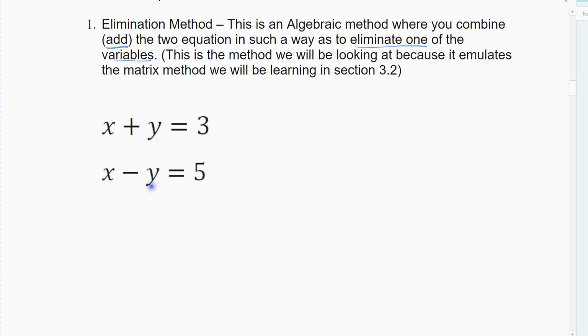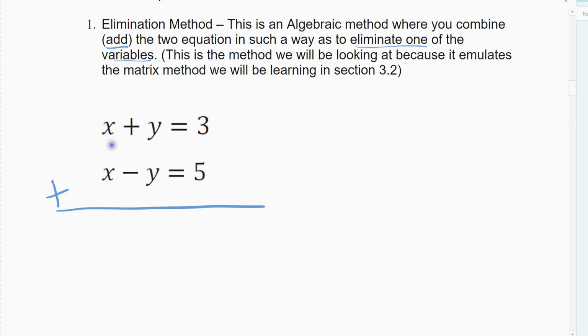And so my y's are already opposite of each other. And so once that's set up, then all you do is add the two equations. Remember, when you add, you can only add like things. So that's why we set it up, x values first, y values second, equal to the constants. I can only add x values together, I can only add y values together, and I can only add constants